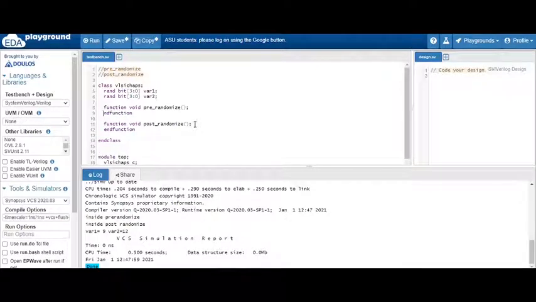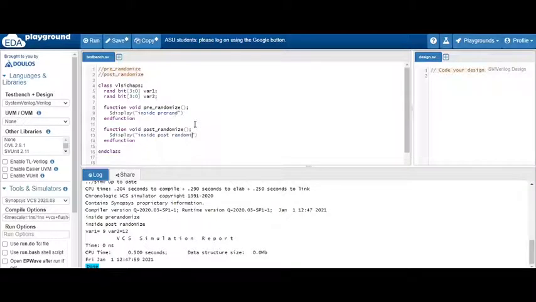For now, first let's write a display statement: you are inside pre_randomize. And then again display: inside post_randomize.